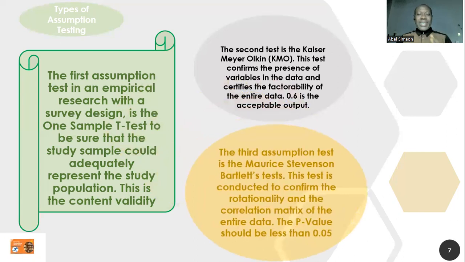Number three, the third assumption test is simply called the Bartlett test. A man called Maurice Stevenson Bartlett came up with this concept. He said that this test is conducted to confirm the rationality, the rotationality and the correlation matrix of the entire data. The p-value should be less than